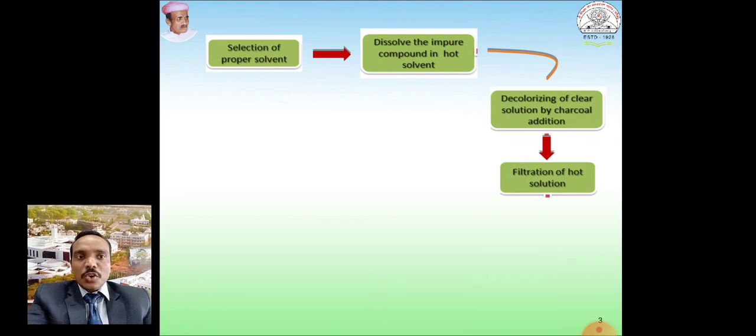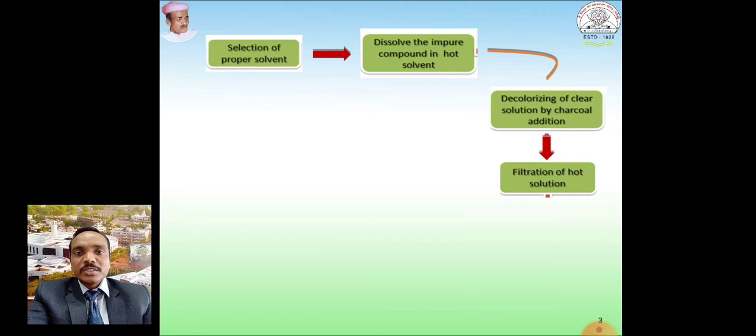we need to filter this hot solution. Hot solution means that in hot condition only we need to proceed with filtration, slowly, with a little amount of solvent.